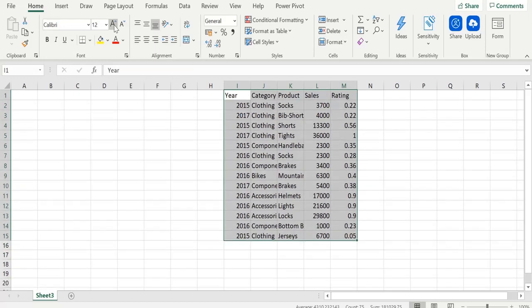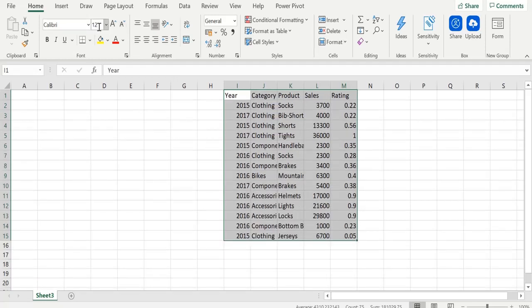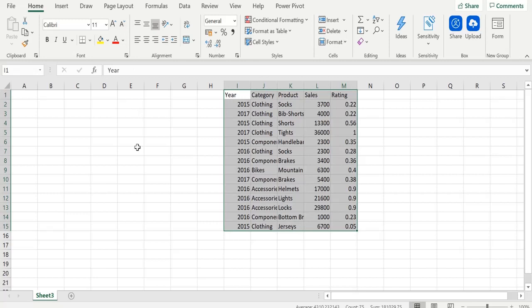As you are increasing the size, you can see here in the font size box drop down also the size is getting increased. Just see, size is getting increased. If you are decreasing the size, the font size in this drop down is also getting decreased. So let's come back to the size we had originally, that was 11. These are the options through which you can change the font type, and you can increase the font size, with all these four options.